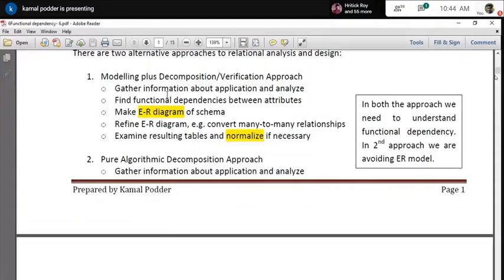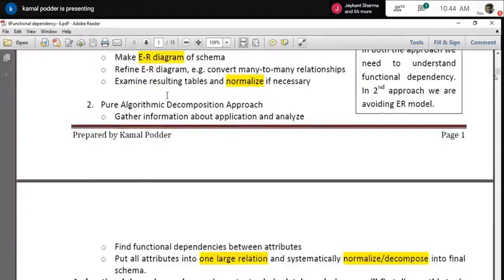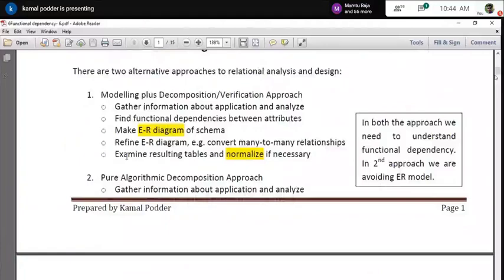That normalization technique we will discuss. Most of the cases in the industry, we use this technique. We create the ER diagram, and ultimately we get almost all the tables, their attributes, and their relationships. After that, we start applying normalization, examining every table and checking whether it violates at least up to third normal form or not. If it is not violating, fine. Otherwise, you decompose the table and prepare more and more tables. In this way, ultimately you get all the tables.